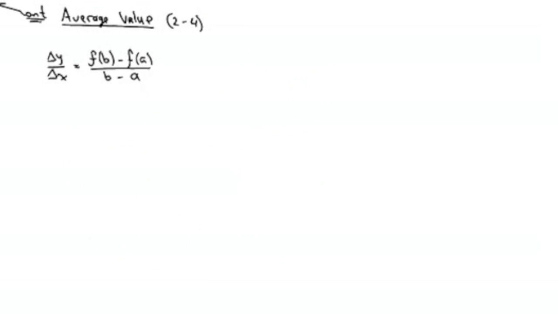So just a quick little example on the difference quotient, or not difference quotient, average rate of change or average value of a function. Average value of a function comes in different flavors. Usually it turns out to be a rate, like miles per hour, dollars per ounce, things like that. So when we're dealing with a function, let's say, and I'm going to give it a weird variable.